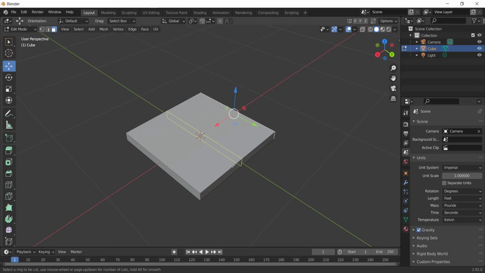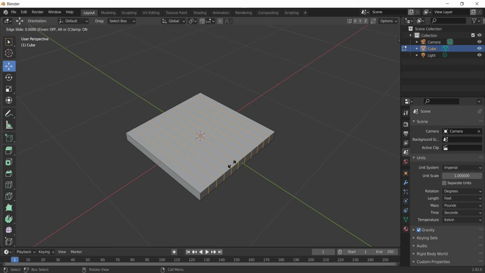So let's say I want to finalize to insert the cut over here, and before inserting the cut, what I will do is I will use the scroll wheel, and what it does is it can instantly increase the number of cuts. So at the bottom left side you can also see that it is indicating the number of cuts which I am increasing and decreasing with the scroll wheel. Once you are fine with the number of cuts, you can just click, and it can also give you an option to move or to position the edges.